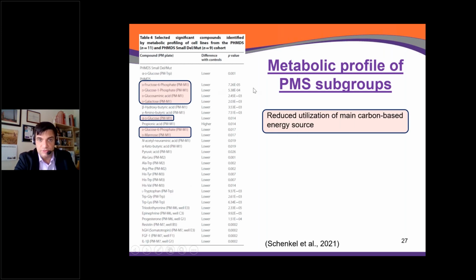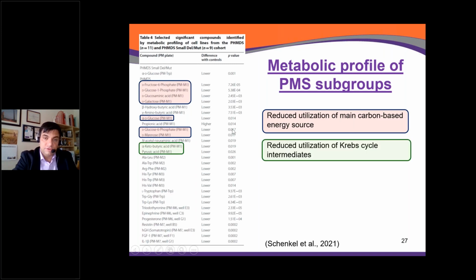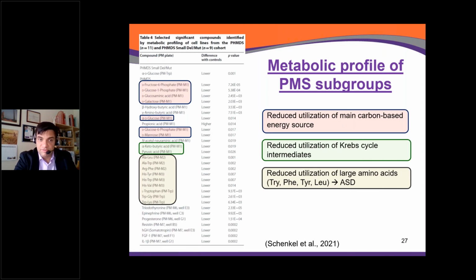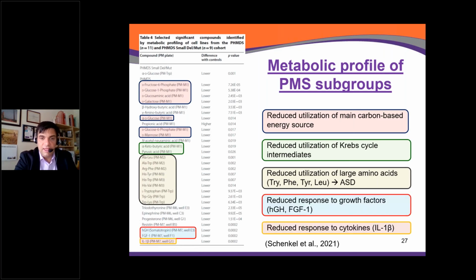So there was a reduced utilization of main carbon-based energy sources. You can see here the phosphorylated sugars, glucose, and mannose. Also reduced utilization of some key Krebs cycle intermediates like pyruvic acid and alpha-ketobutyric acid. Reduced utilization of large amino acids, including tryptophan, as described not only for the tryptophan wells, but also for other amino acids of the same group. And there was also reduced response to growth factors like the human growth hormone and fibroblast growth factor 1, and